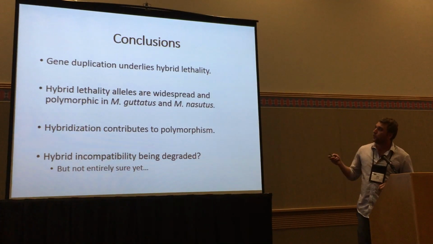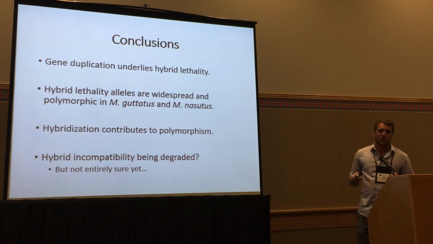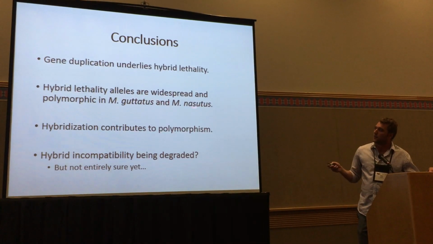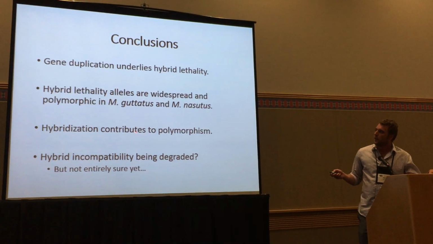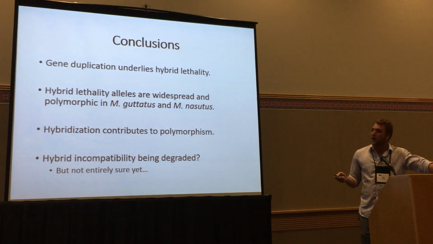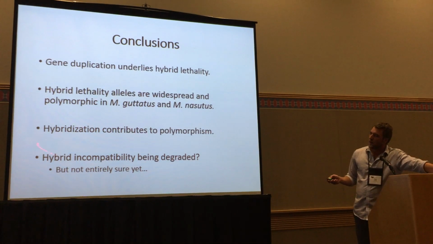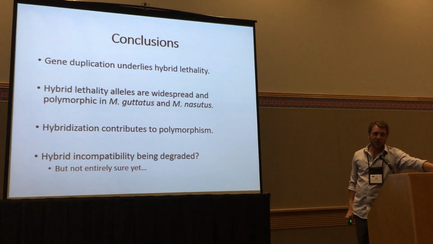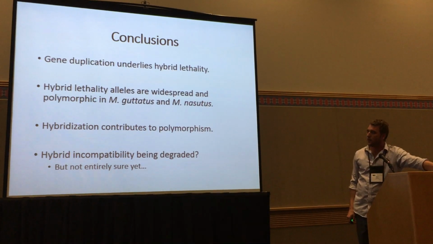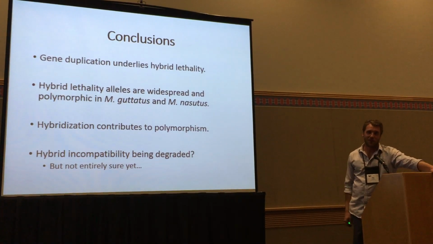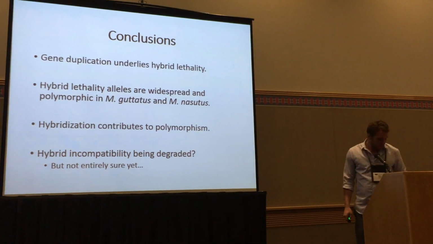So, in conclusion, gene duplication underlies hybrid lethality in Mimulus. Hybrid lethality alleles are widespread and polymorphic. There's definitely evidence that hybridization contributes to that polymorphism. And hybrid incompatibilities might be being degraded in the system, but we're not entirely sure yet. It'd be interesting to know if they might be. And with that,